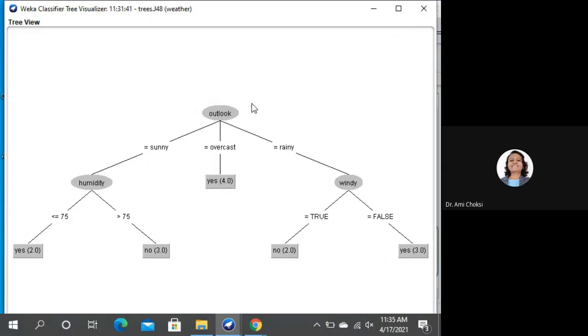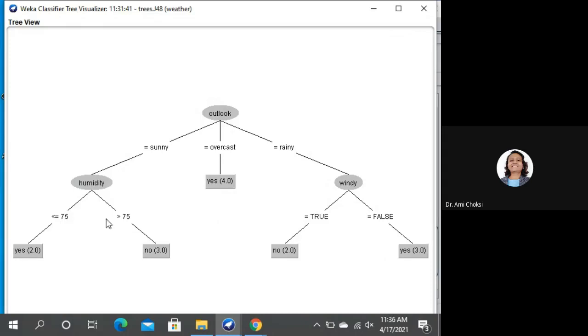This is what we are using, and from this we can have our rule base also. Once the decision tree is had, we can have the if-else rules. If outlook is equal to sunny and humidity is less than or equal to 75, then play is yes.